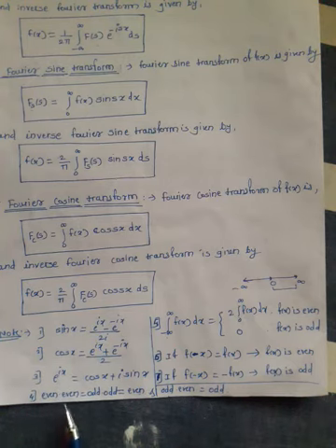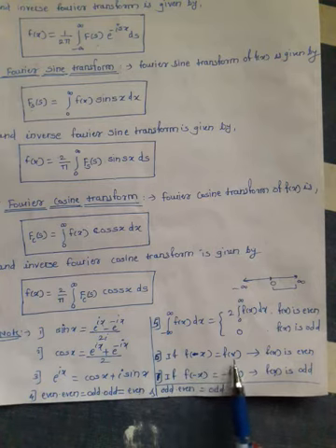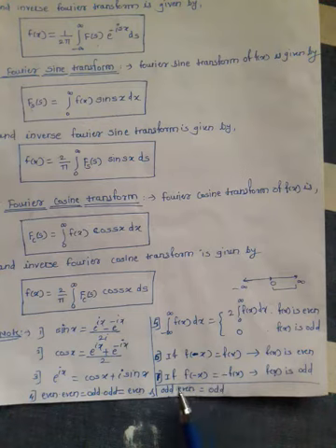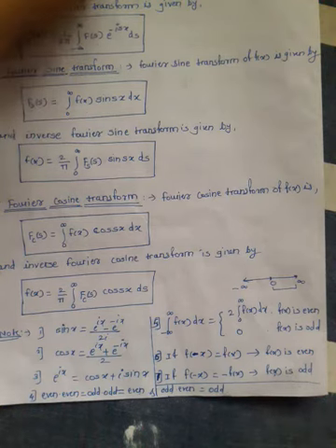Now again, even and odd functions. Suppose if f of minus x is equal to f of x, then such a function is called an even function, and if f of minus x is equal to minus f of x, then such functions are called odd functions. For example,